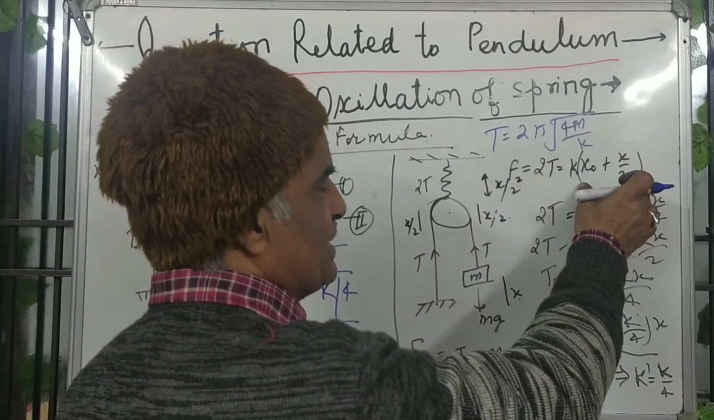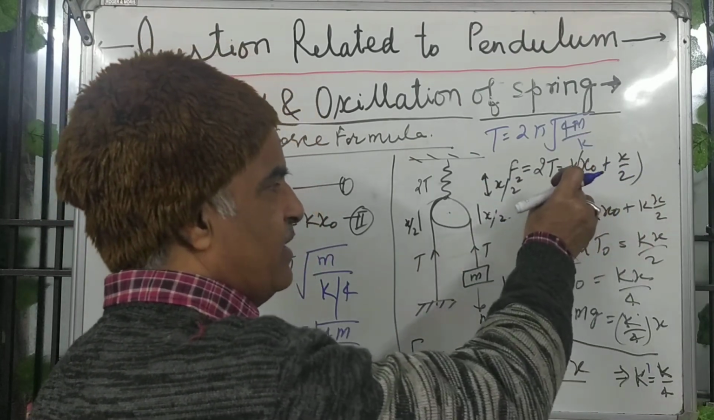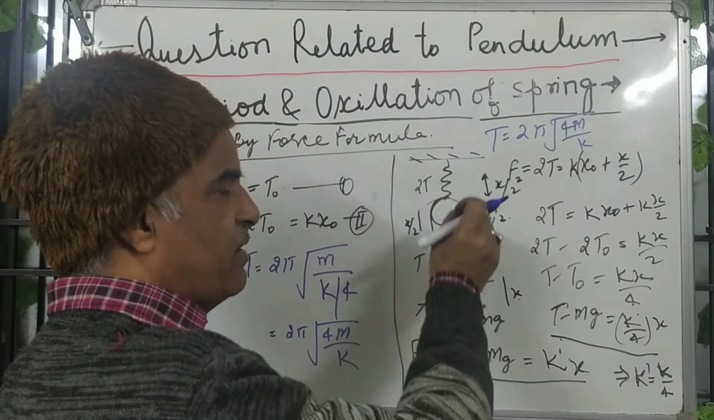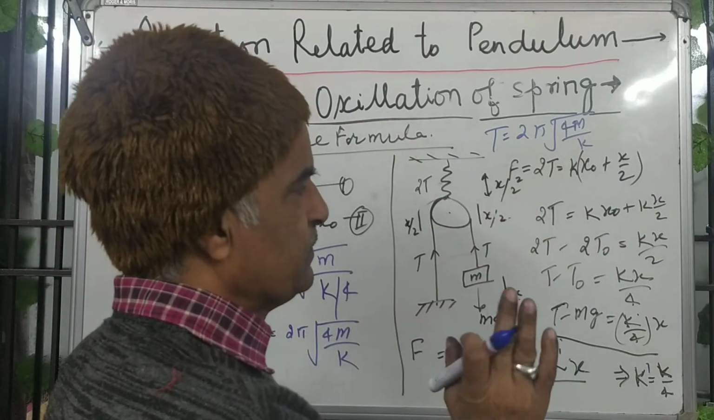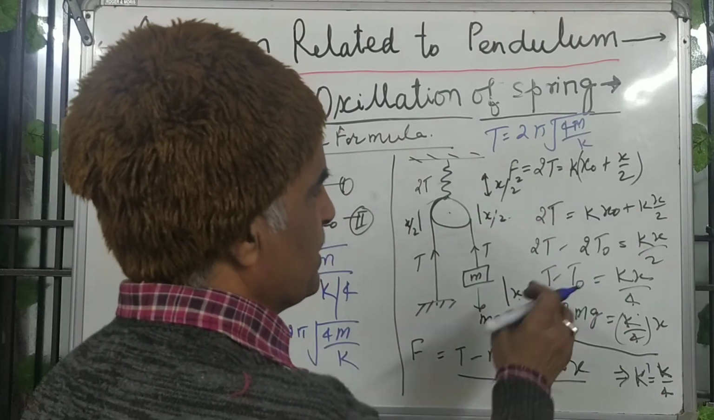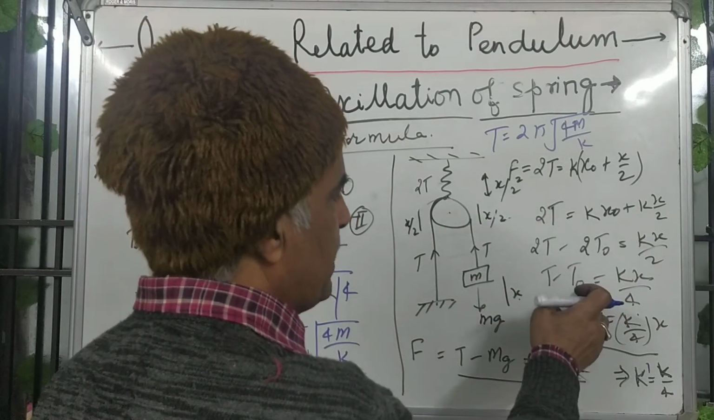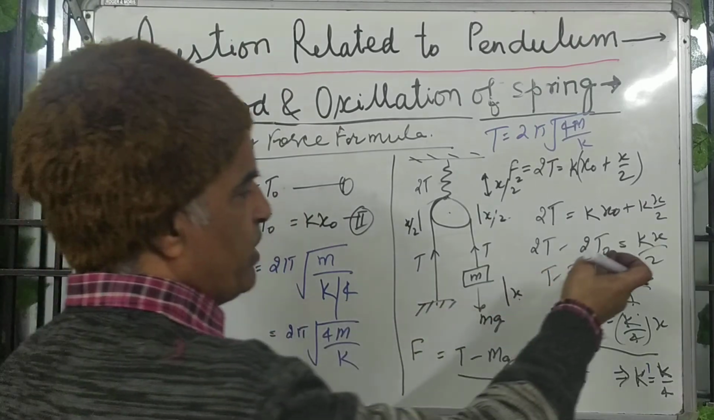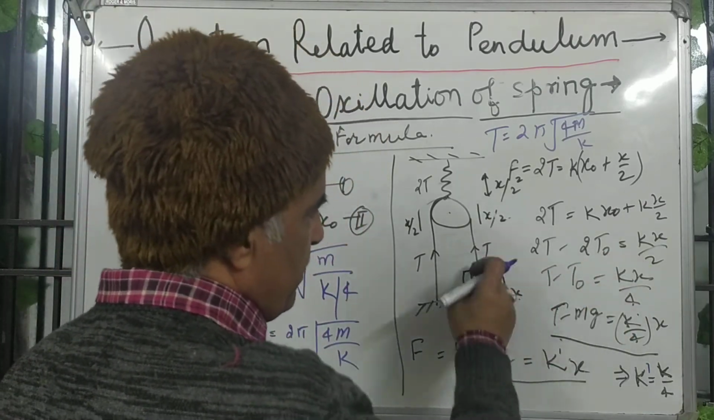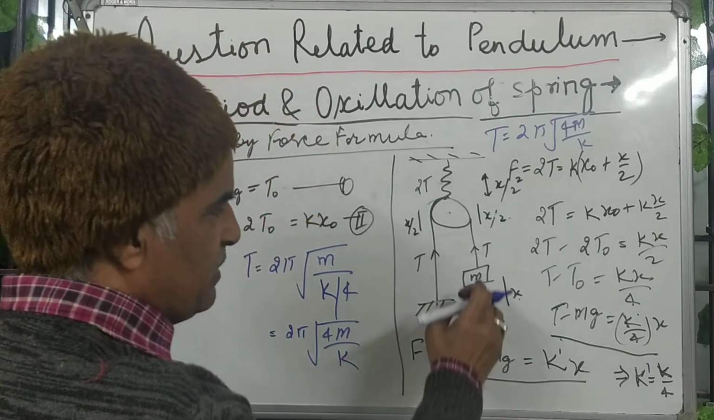This is the total extension. Total extension into k is equal to the new tension acting on this, that is 2T. On further simplification you get this, and T naught you have got equal to balancing mg. You are writing mg, and next you are applying the principle,